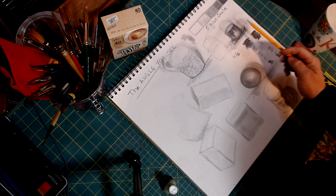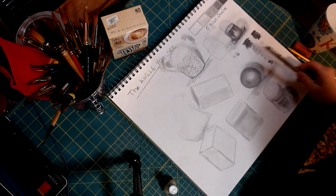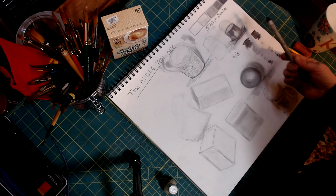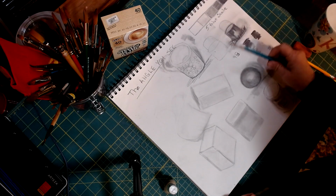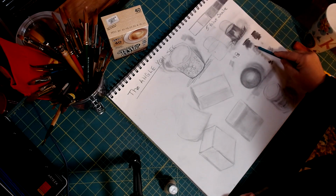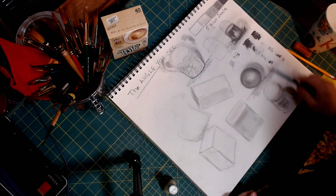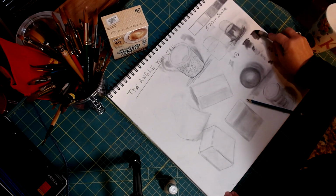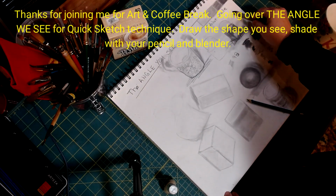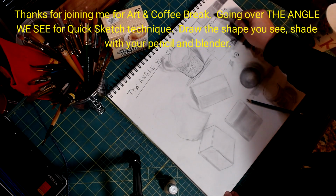So our review part is about the 5-value scale. We're only using 5 values for quick sketch. We drew a little flat looking bucket, not too much dimension until we added some of our 9B pencil, which is a soft lead. And the more pressure, the darker it gets, the lighter pressure. And then you can smudge in some graphite and then roll your blending stump in it, and you end up with enough graphite that you can create sort of this one, almost this one, if you press hard enough, value